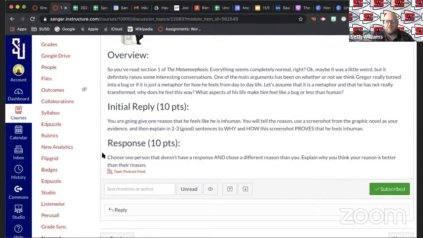And then after that, you need to choose one person. I kind of changed it because I noticed a lot of people getting responses, like one person would have 8 responses. So choose one person that doesn't have a response, who also chose a different reason than you. Explain why you think your reason is better than their reason. And the reason what you're going to be talking about is that,